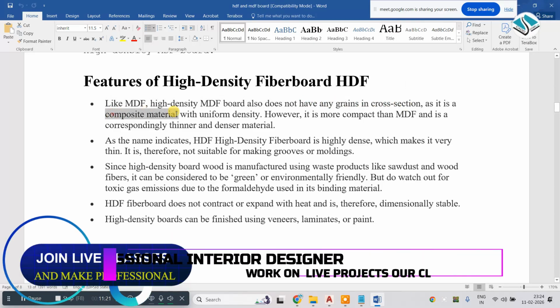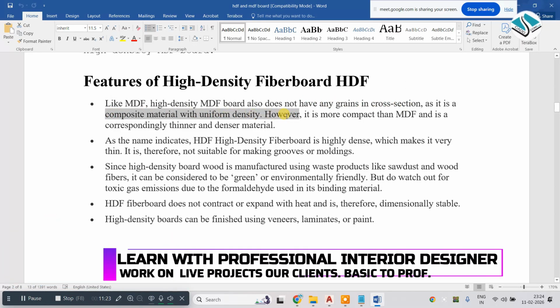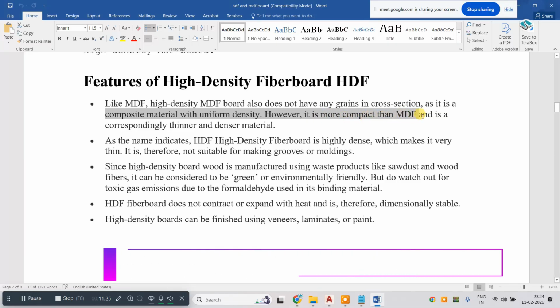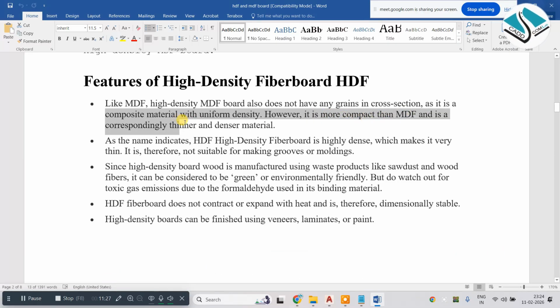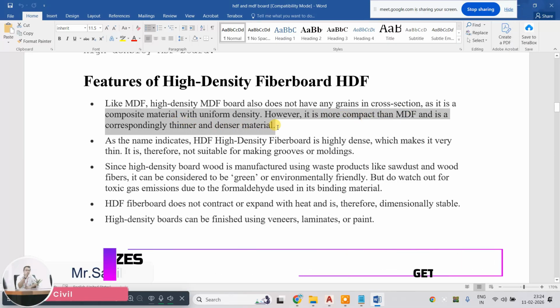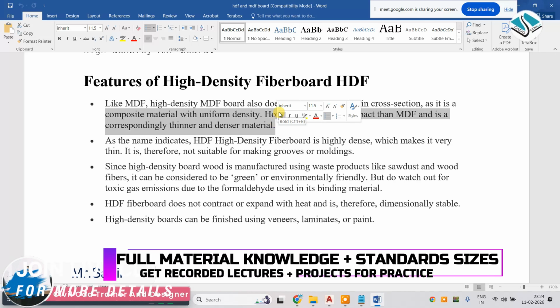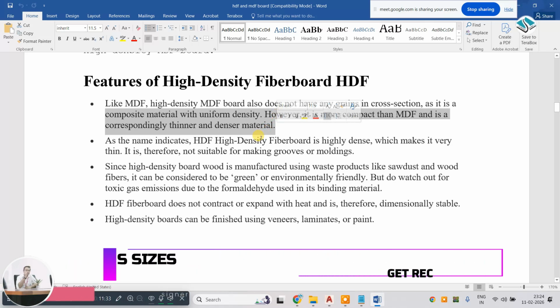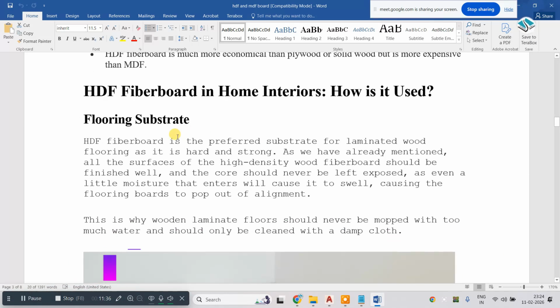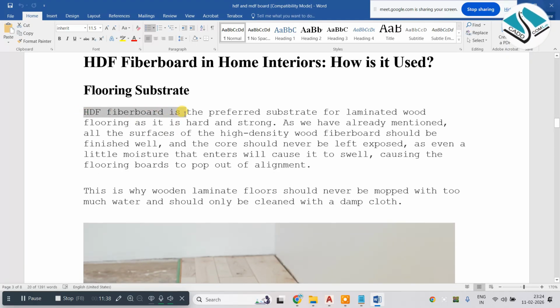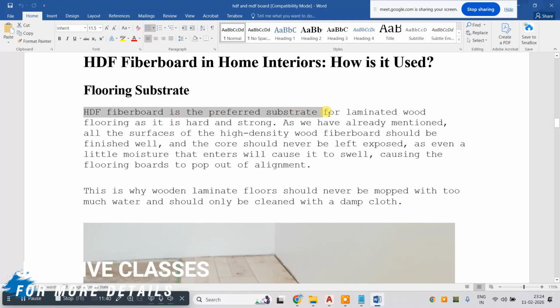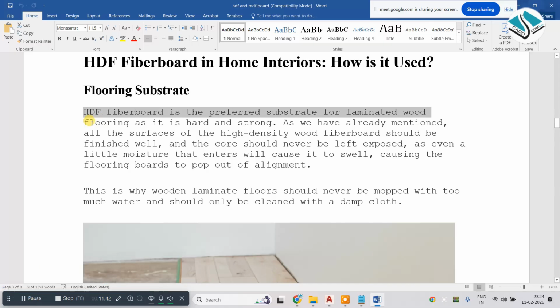It is a composite material with uniform density. However, it is more compact than MDF and is correspondingly thinner and denser material. HDF fiberboard is the preferred substrate for laminated wood flooring as it is hard and strong as we have